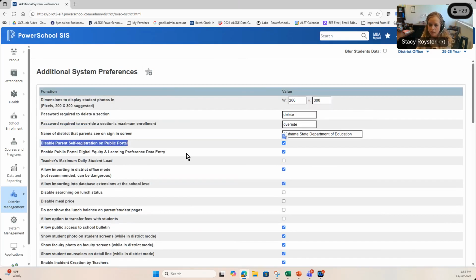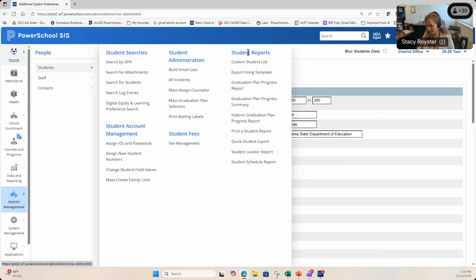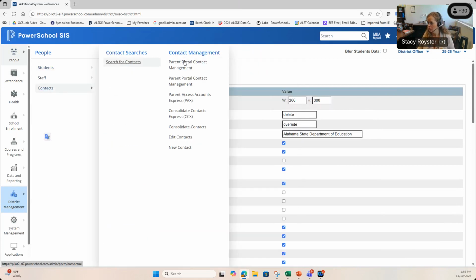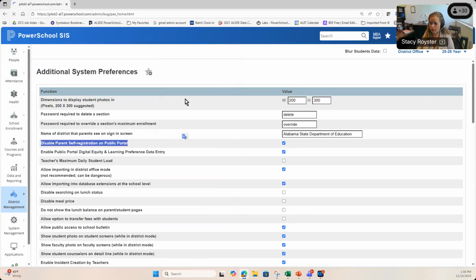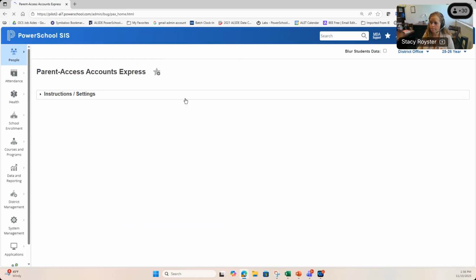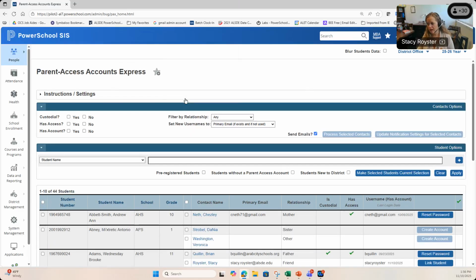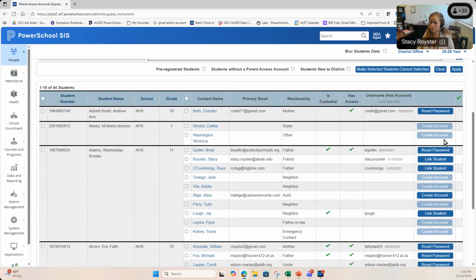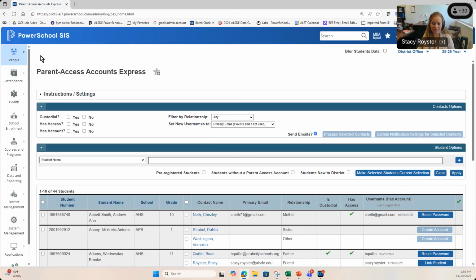And I will say there is a plugin that a lot of the districts use, and I'll be honest, I've not used it, but I've seen it, and I do think it is kind of amazing. It's called the PAX. In fact, I have it in here. This Parent Portal Accounts Express will show you parents who have accounts, who do not have accounts, who you can issue accounts to, who you can link a student to. It's PAX. If you look for that over in PowerSource,